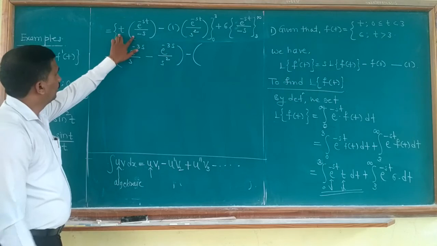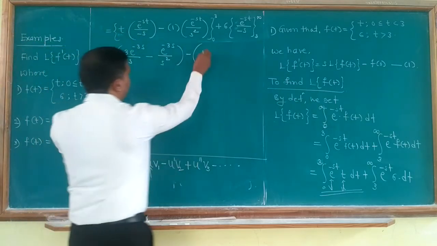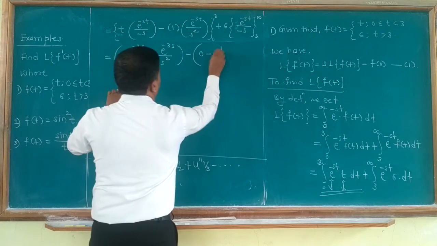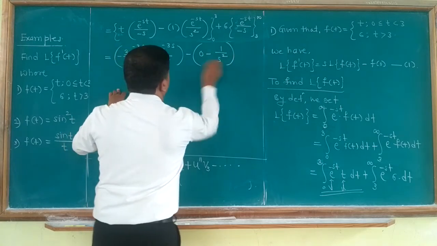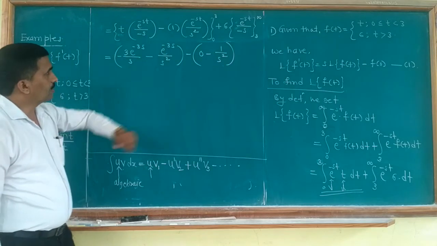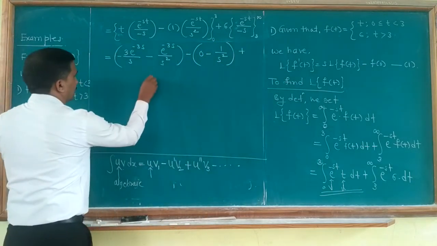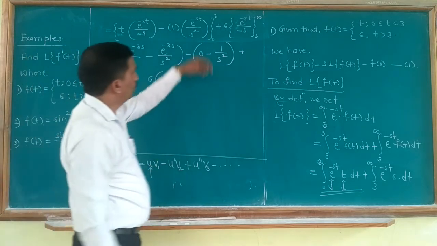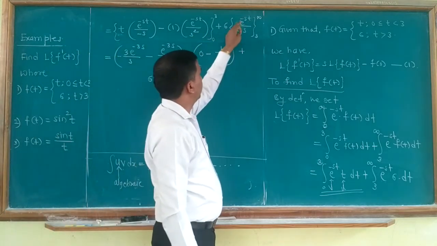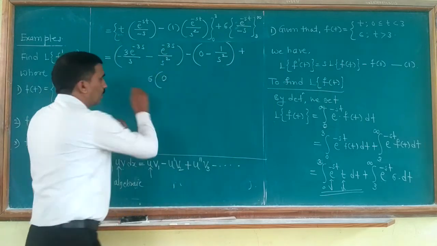the first term will be 0. So when you put t is equal to 0, this first term will be 0. So you get 0 minus 1 divided by s square. So this is the value of this first term. Now let us consider the second one, plus 6 into bracket. So when you put t is equal to infinity, e raised to minus infinity tends